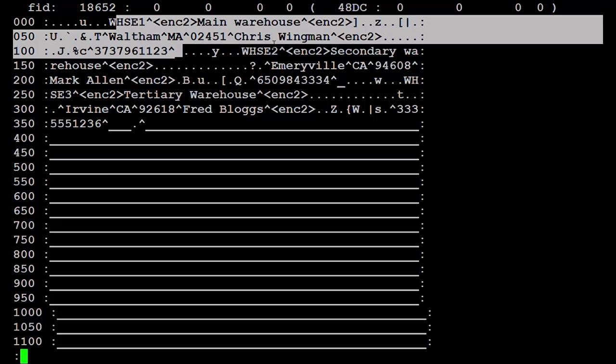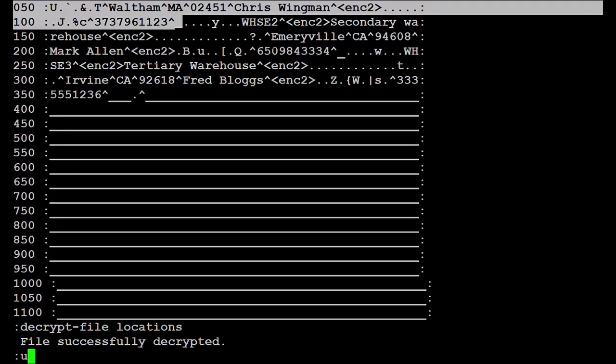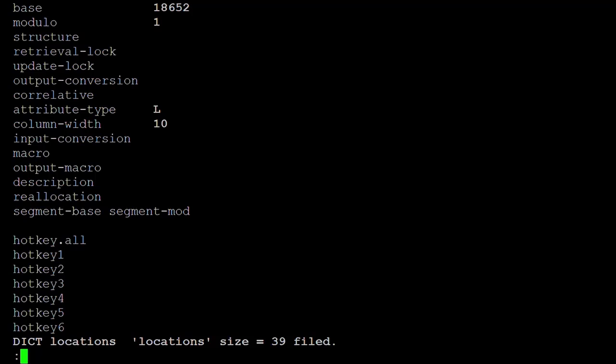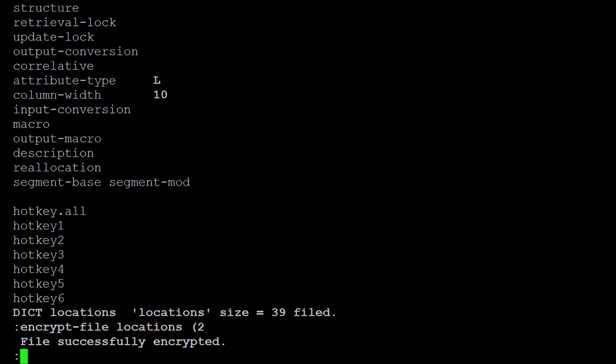So the final mechanism that I wanted to show you: let's go ahead and decrypt the file again and have a look-see at this, so that we're not doing field level encryption, but we want to do whole file encryption. And that is 256-bit encryption. If we use option 2 on the encrypt file for 256-bit, it will encrypt it with 256-bit